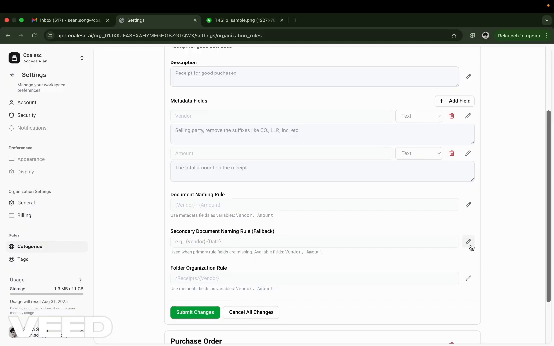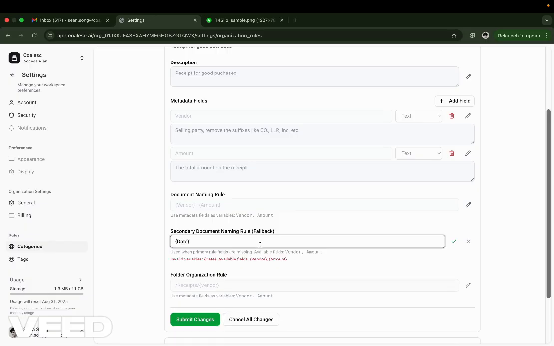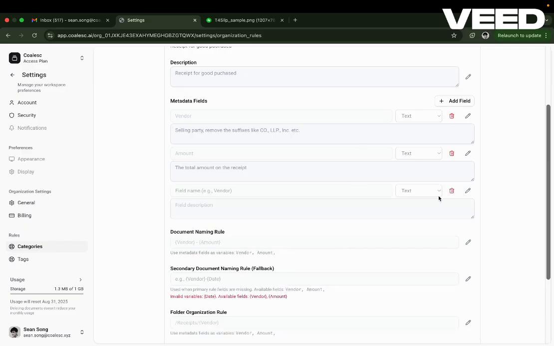And if you go to the secondary document naming rule, you'll see that this time it is actually empty here. But let's say in a case where we want to name the document as vendor and amount, but neither of these fields were found by the AI, then we can suggest a secondary field, maybe called date. Now, as you can see, date here has been flagged as an invalid variable because we've never defined this variable previously. So what we can do is add a field called date